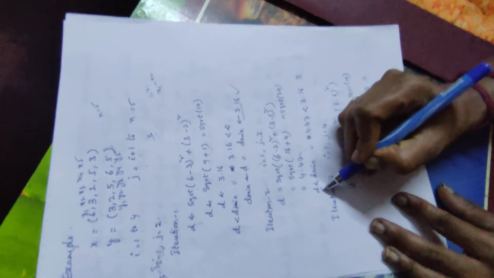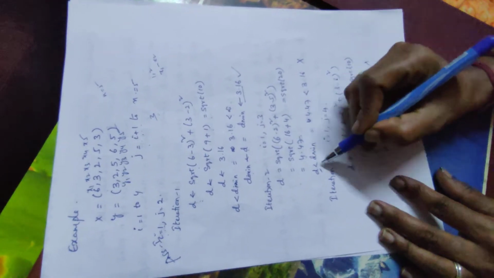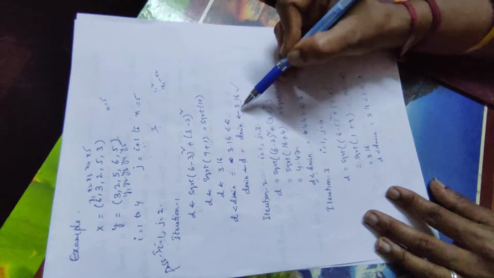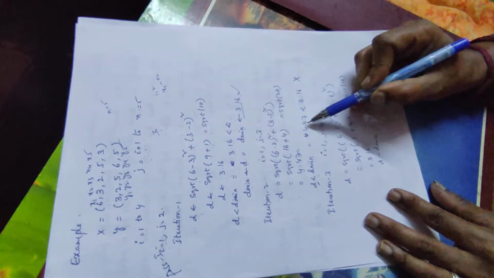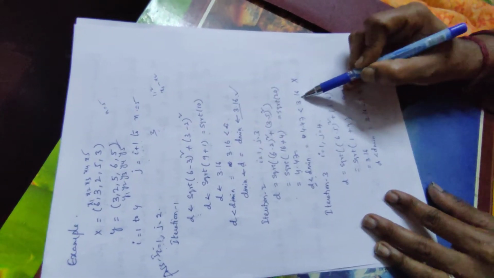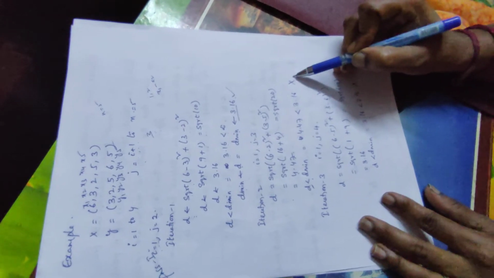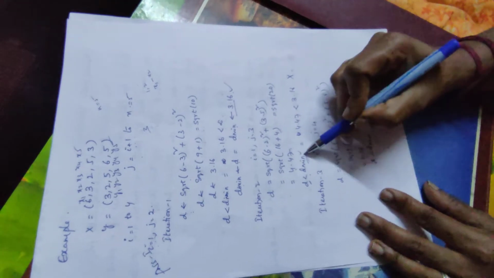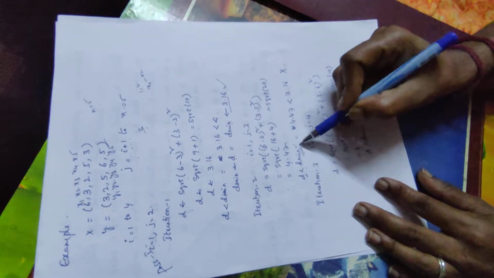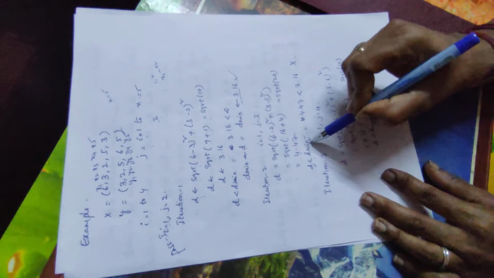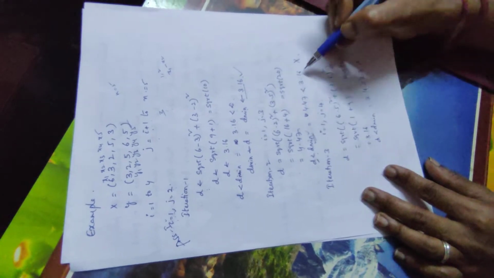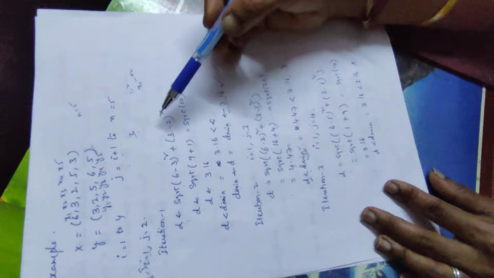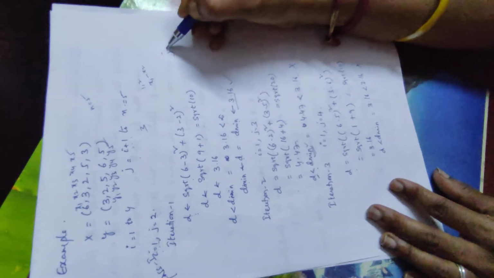So what will be my distance here? 4.47. Is it less than my min distance from my previous iteration? This is 3.16. So 4.47 is not less than 3.16. The condition failed, so I cannot change my d min value. When the condition is true, only then will my d min change to this new value. So in my next iteration, my j gets incremented and now j becomes 4.